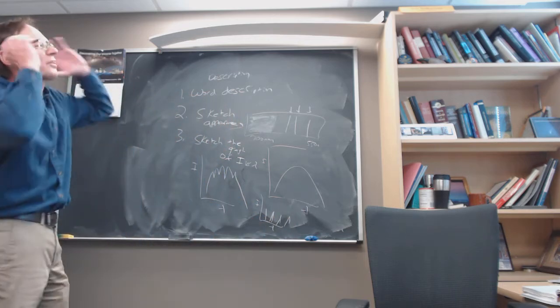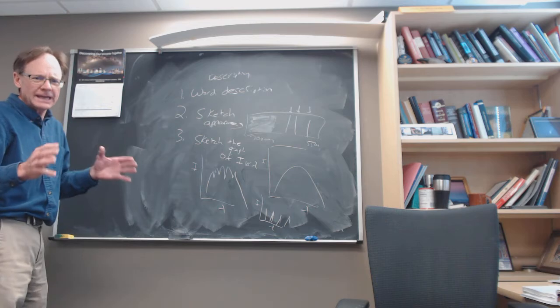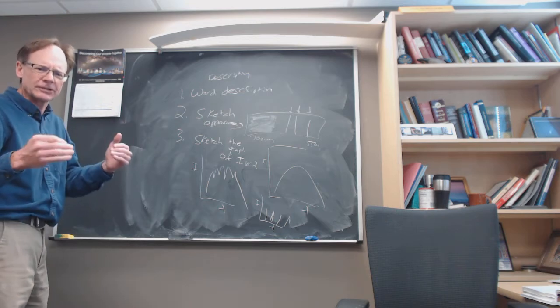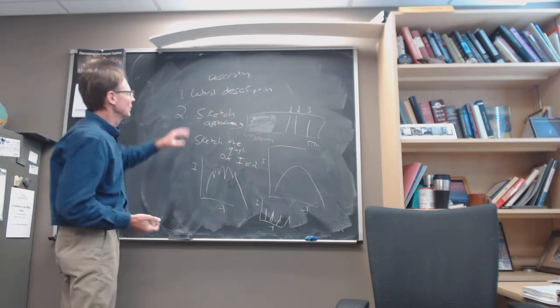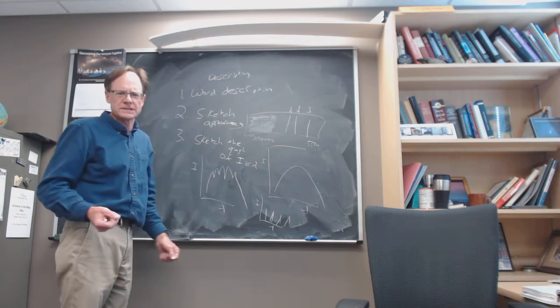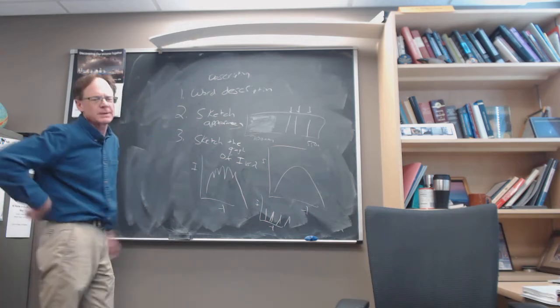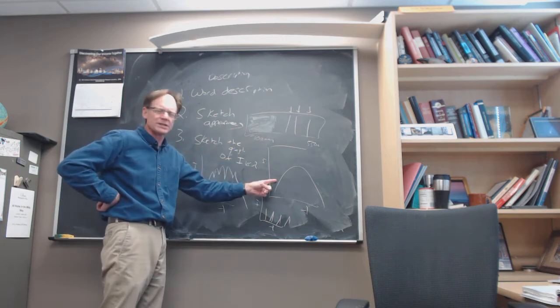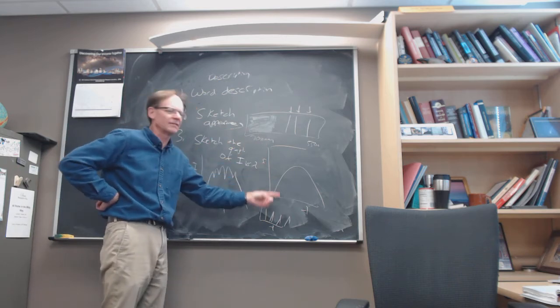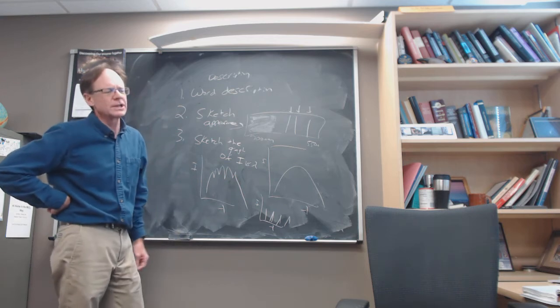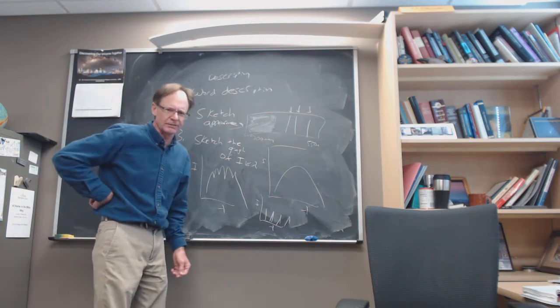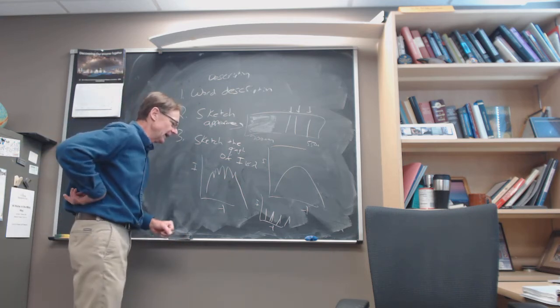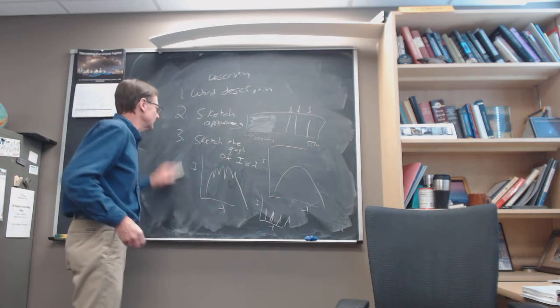So I want you to think about being able to describe a spectrum that you observe in three different ways. Describe it in words to someone, like you're writing a letter: what does that spectrum look like? Sketch the appearance of the spectrum, but then turn that appearance into a graph of intensity versus wavelength. And I want you to do this for a number of different objects. Those objects will include